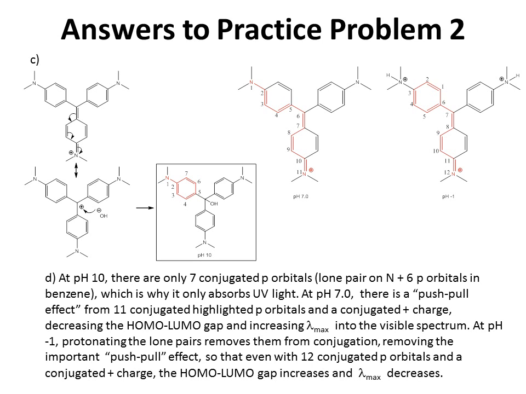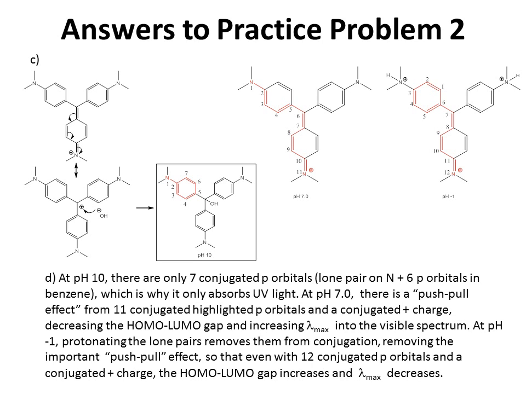Part C. Alright, at pH 10 we have a compound that is colorless, which means that it's only absorbing UV light. That means we want to create a situation with the least amount of conjugation, and conclude that that's going to be insufficient to absorb visible light. So what we do is we draw a resonance which puts a plus charge in the center, flanked by all the benzene rings. At pH 10, there's enough hydroxide to attach to that positive charge, isolating the benzene rings, so that with the pi bonds in benzene and the lone pair on nitrogen, we have only 7 p orbitals in